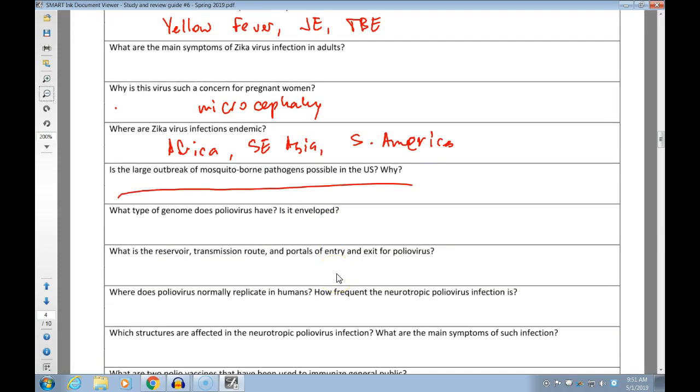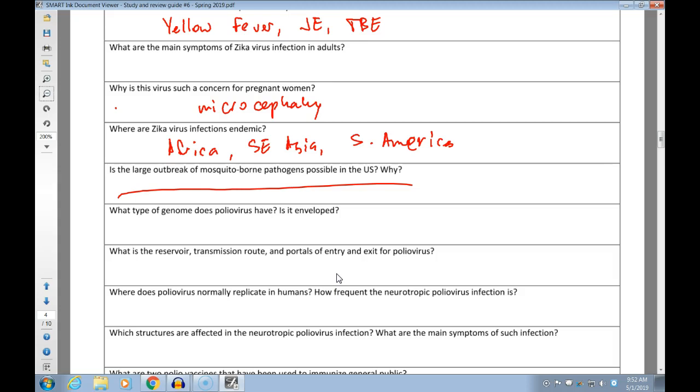Large outbreak of mosquito-borne pathogens is not possible in the US because we have air conditioning and no marshes. Mosquitoes pretty low. Well, tell this to people who live in Louisiana. But again, air